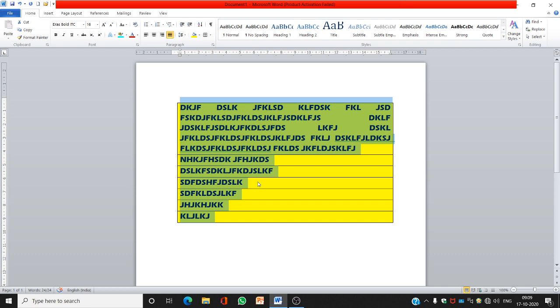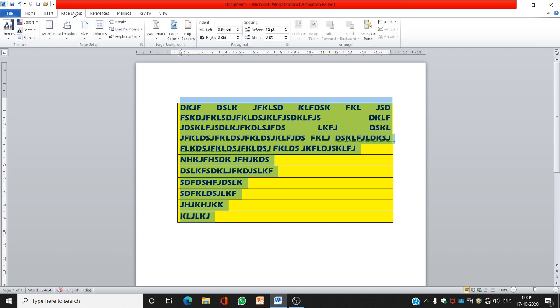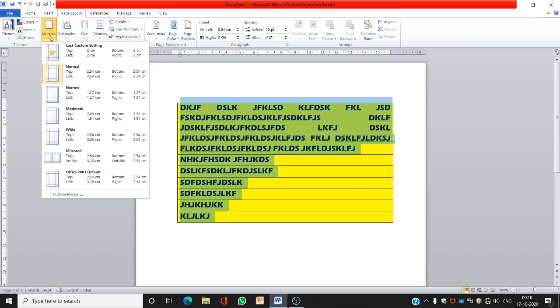Clear? So page formatting. For page formatting, we are having the page layout tab. Click on this tab. On this tab, first of all, we are having page layout. We are having page setup. First option is margin.